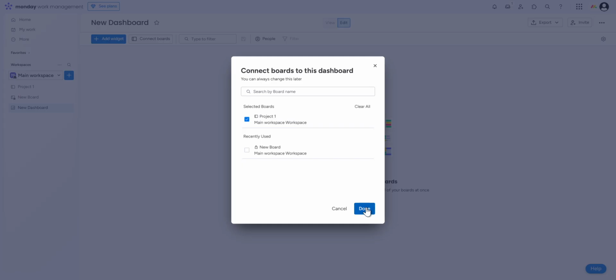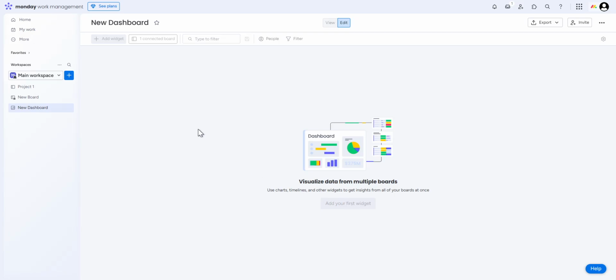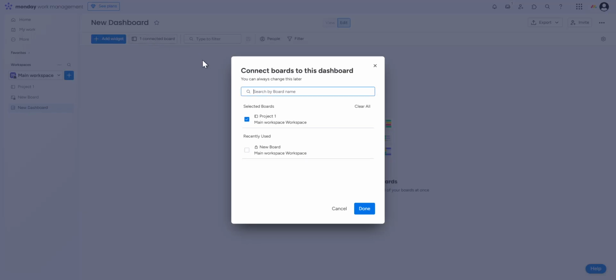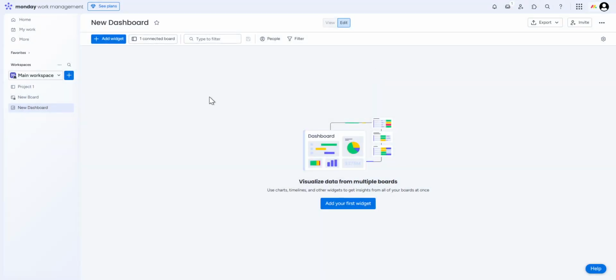By clicking on Connect Boards, you have the autonomy to select which boards you want to integrate with your new dashboard. This interconnected approach ensures that all relevant information is gathered in one place, thus making it smoother for you to track and analyze. Now that your boards are connected, it's time to bring your dashboard to life by adding